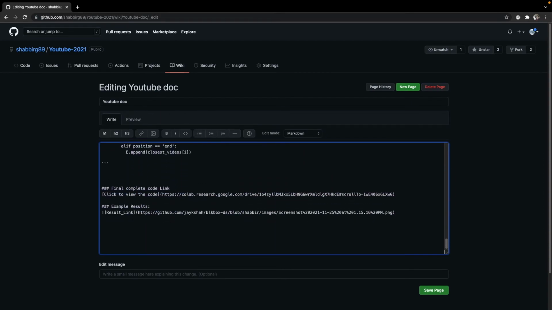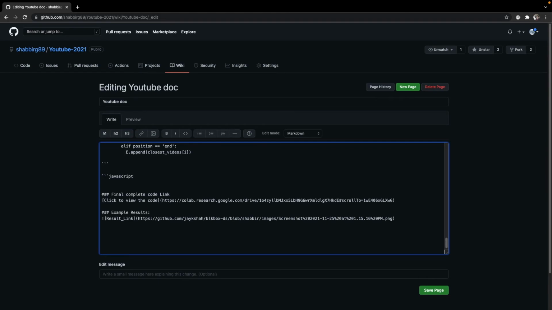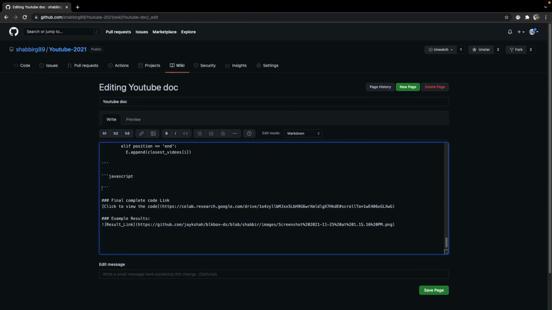For example, if we had some JavaScript code, I would have just put three tilde symbols, JavaScript, and then end with three tilde symbols, and inside this, whatever you want to write, console.log maybe, which is equal to printf, hi, this is JavaScript, and just save the page.